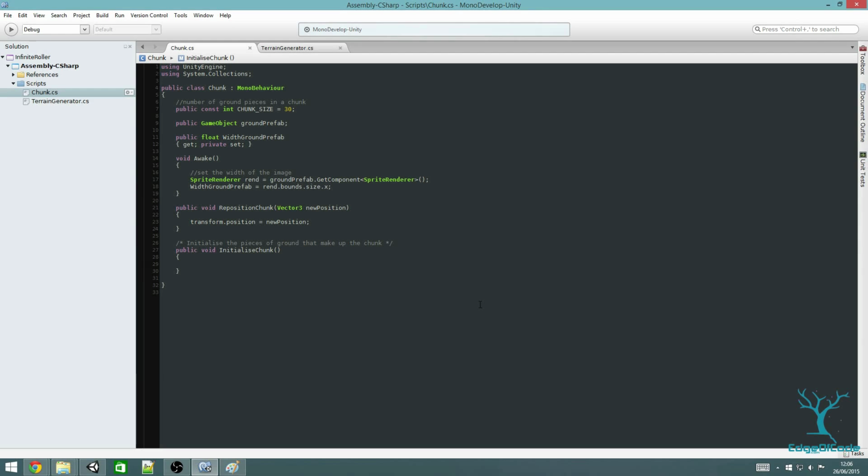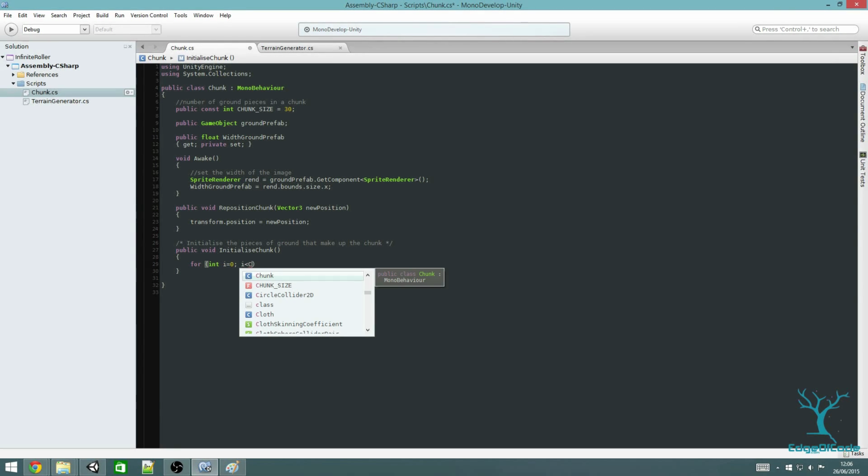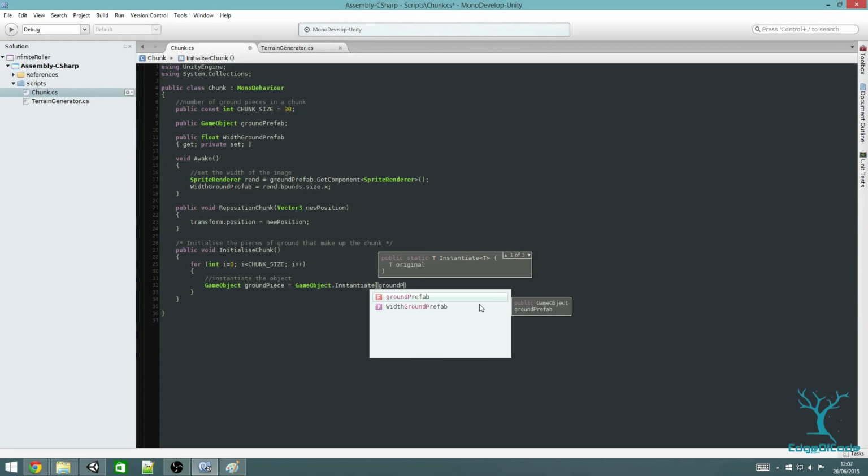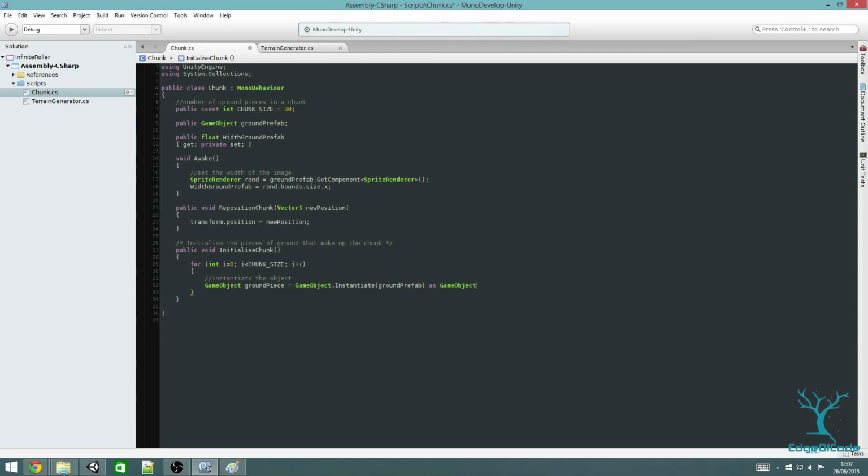And inside initialize chunk, we're gonna now create the pieces of ground. So we're gonna write a for loop, which is written like this. I'm just going to type it and then I'll explain this all in a sec. Okay, so